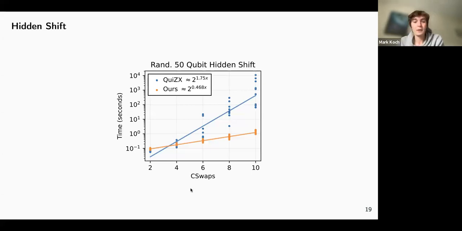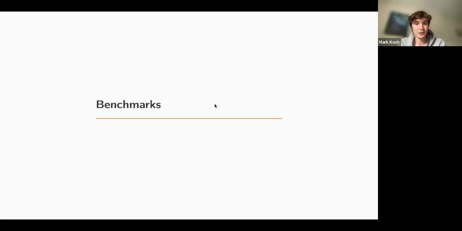And again, you can see here the speed up over QuiZX for our method is even more drastic. For circuits that contain up to 10 C-swaps, we get 2 to maybe even 4 orders of magnitude improvement, depending on what instance we look at. And an important thing to note here again is we get a scaling of 2 to the 0.468 times the number of controlled swaps, which is better than you would expect, because if we go back a bit,